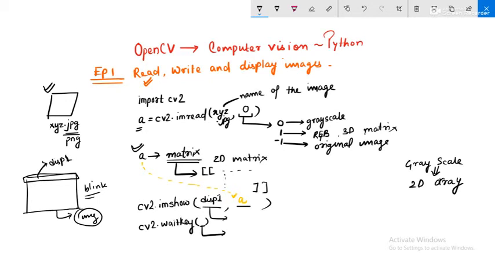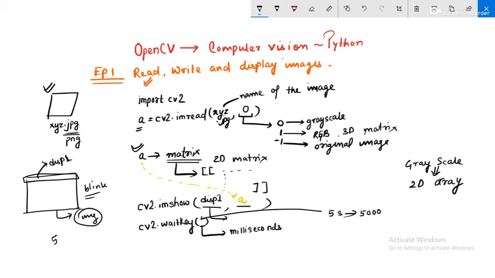The unit is milliseconds. So if I want to display it for, say, 5 seconds, I need to pass 5000 over here.